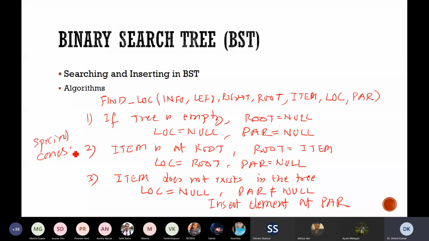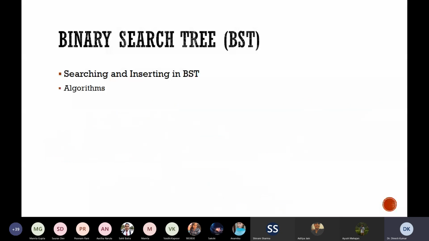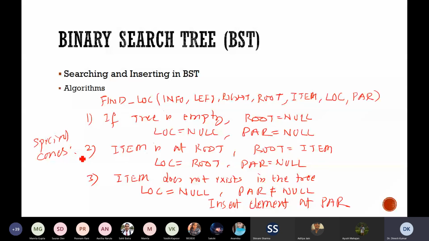These are the special cases. I think you can easily recognize the various steps that are required for searching. Now, the first step is you will check whether the tree is empty or not. So this would be the first statement of your algorithm. If root is equal to null, then set location equal to null, parent null, and return. Then the second is you are checking whether the item is at the root or not. If item is at the root or not, that again you can check if item is equal to info of root,